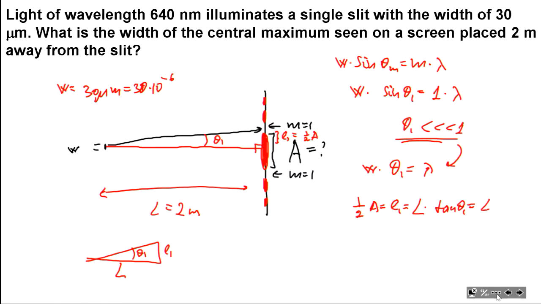However, as we know, for small angles, we can just drop the tangent symbol. Now, if we want to calculate this width, it's going to be 2 times length times angle in radians, which is wavelength over W, 2 times,